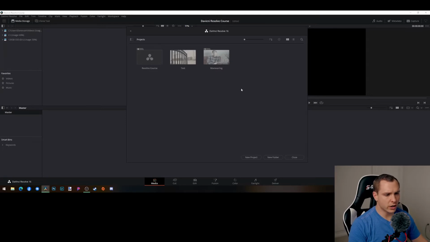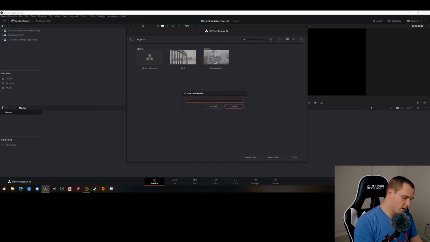Now when you're in this window, you can right click and do a new project, you can do a new folder, you can import, and you have a few other options. Basically what we're going to focus on is creating a new project and a new folder. So I've already created it, but I'm going to do it again just for the sake of education. So I'm going to click new folder, and let's call this folder,